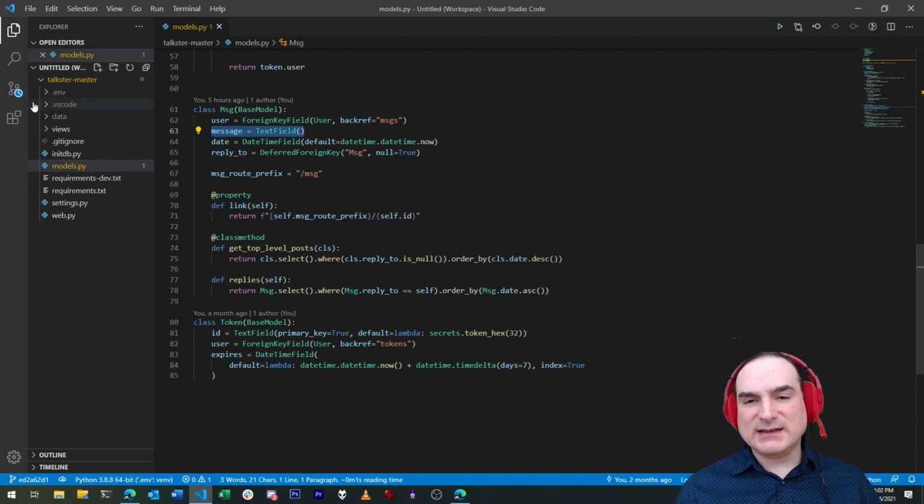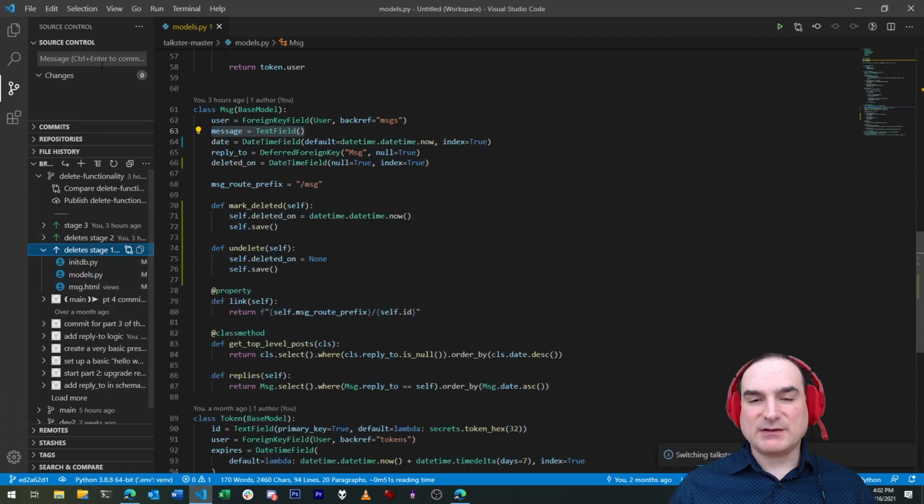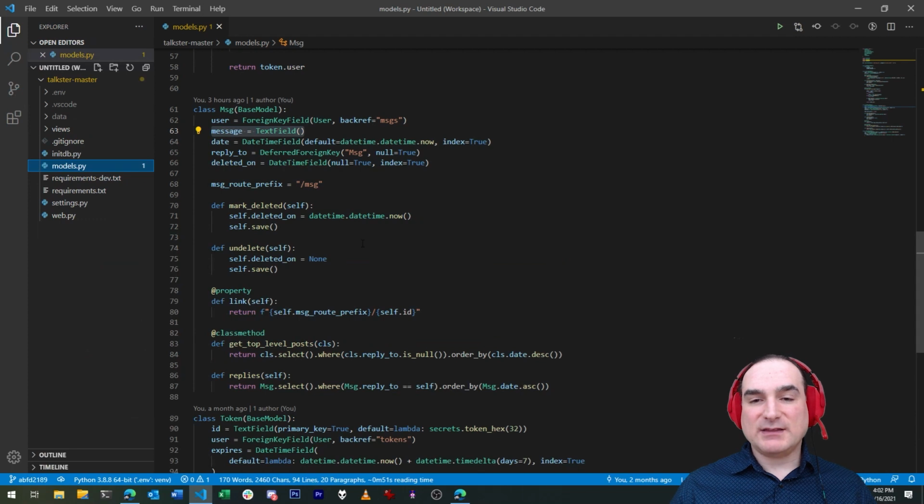So instead of deleting and unlinking, we're going to rewrite our data structure slightly to allow messages to be marked as deleted. They aren't actually changed in any other way. They just now have a field that indicates whether or not they were deleted, and if so, when. In our message class, we'll add a deleted on field. This is normally none or null, as the database reports it, and is indexed for easy access. This is a date time. This indicates when the message was deleted.